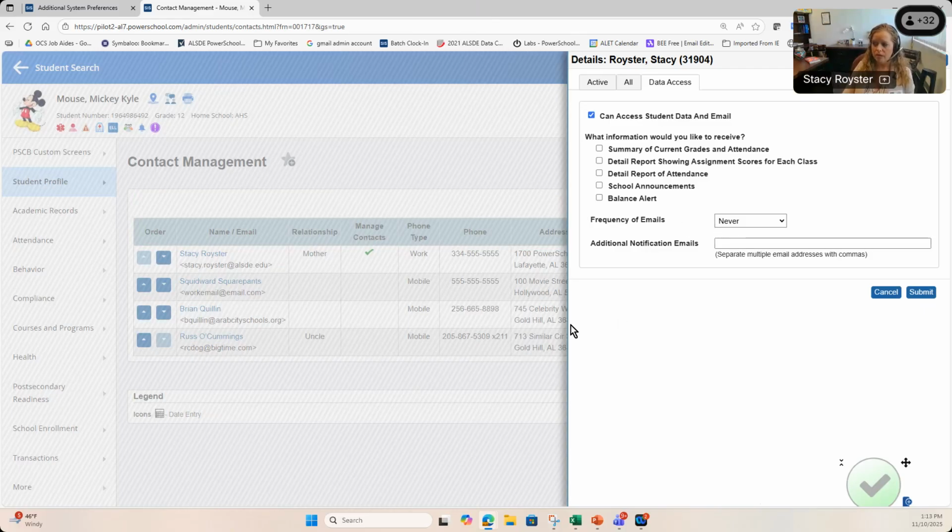We've had some people say, can I go in and set this for the parent? And technically you can in here, but you really want to talk about and discuss your policies in your district before you go set that. So if I said yes, I want them to receive weekly a summary of current grades and attendance, or if there's any additional emails that they want sent out,